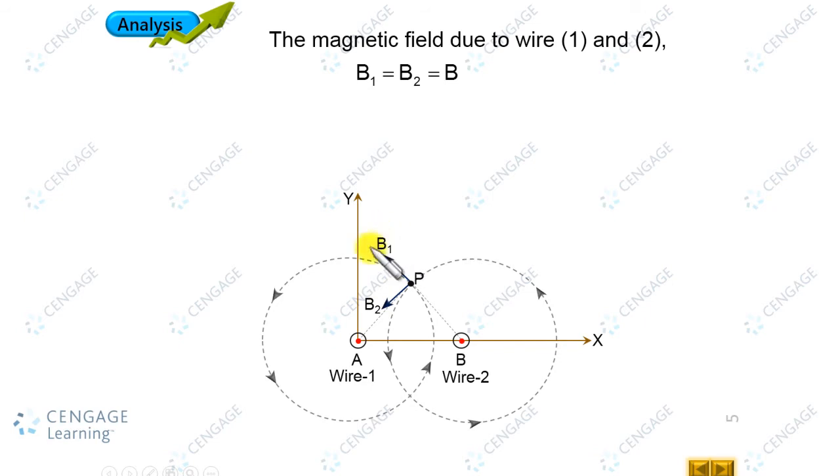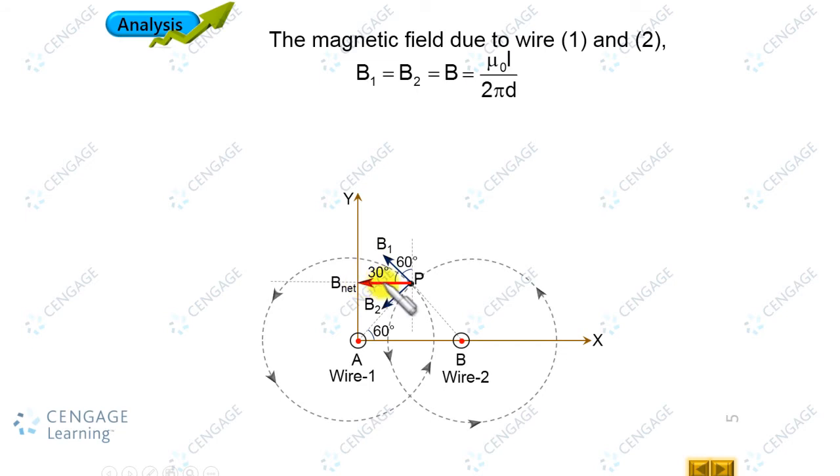Because of the symmetry, we can say the direction of the net magnetic field will be along the bisector angle, because B1 is equal to B2. So this is the direction of the net magnetic field, right? And here we know this angle is 60 degrees. So this dotted line is making angle theta equal to 60 degrees with the horizontal. That means the line perpendicular to this dotted line will make angle 60 degrees with the vertical. So this will be 60. That means this angle is 30 degrees. Okay. So this will also be 30 degrees.